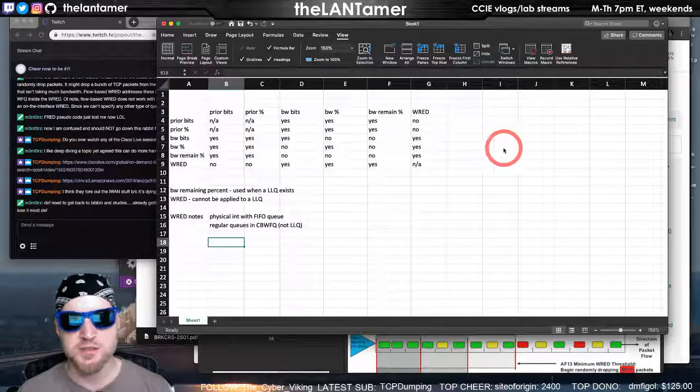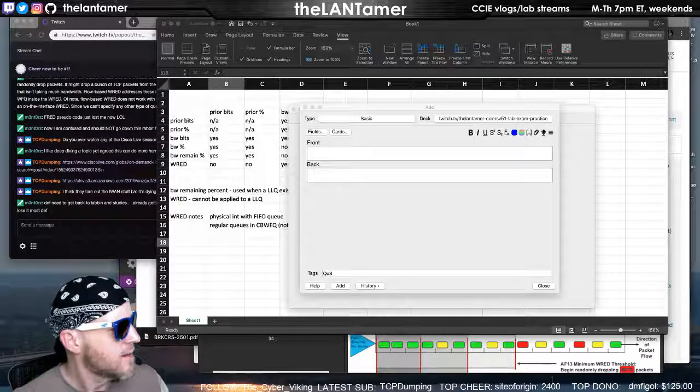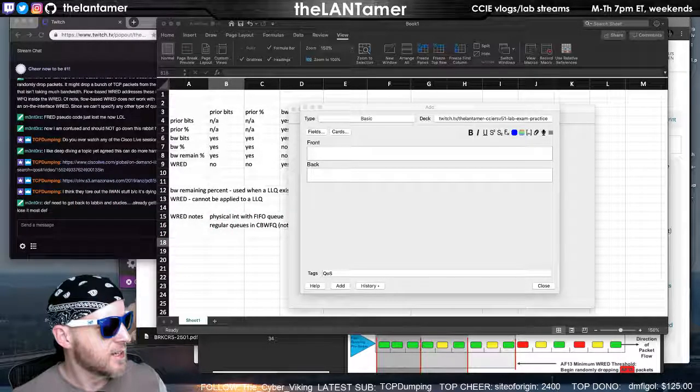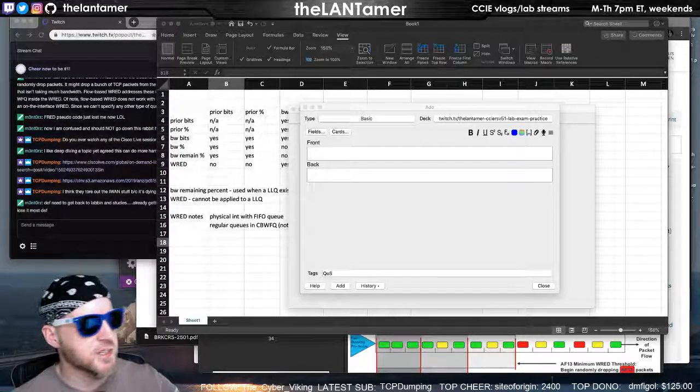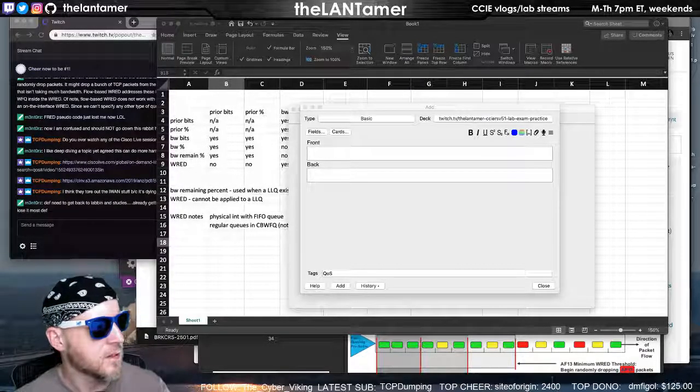That's what my chart says, right? And the general idea here is, what's interesting, it does not say it can be used with weighted fair queuing, though. That's what I'm curious about. WFQ.